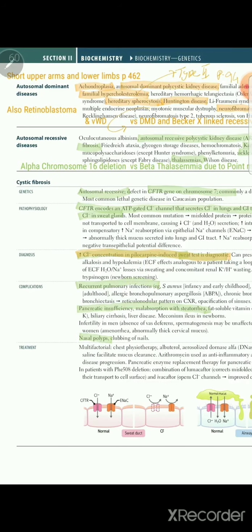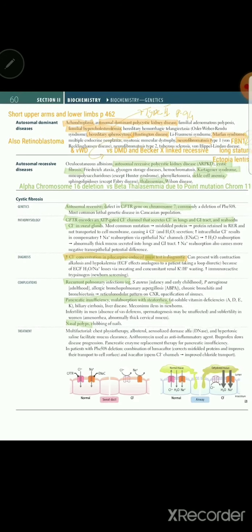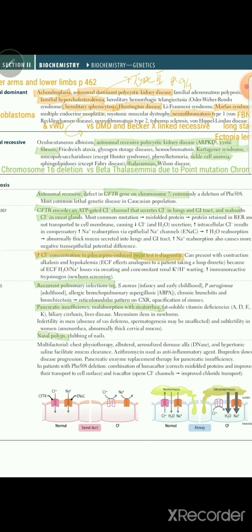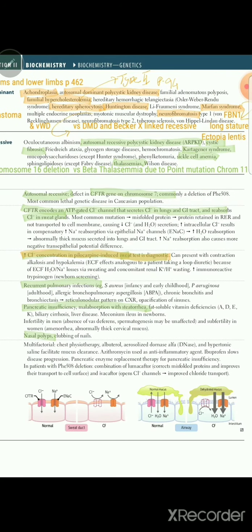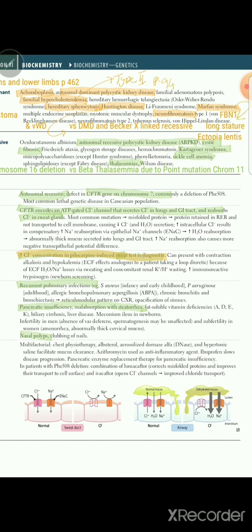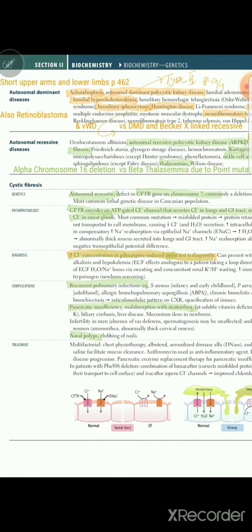And cystic fibrosis, autosomal recessive, CFTR gene on chromosome number 7, and that is the transmembrane regulator for the chloride channel. It is asked in GIT and lungs. So if chloride is not reabsorbed from sweat, it will lead to increased chloride secretion in the sweat, and it's a diagnostic test. Increased chloride secretion in cystic fibrosis is a diagnostic test asked in MCQ, and less chloride is secreted into the